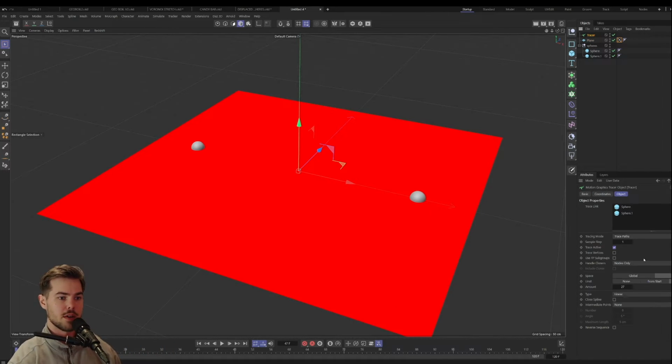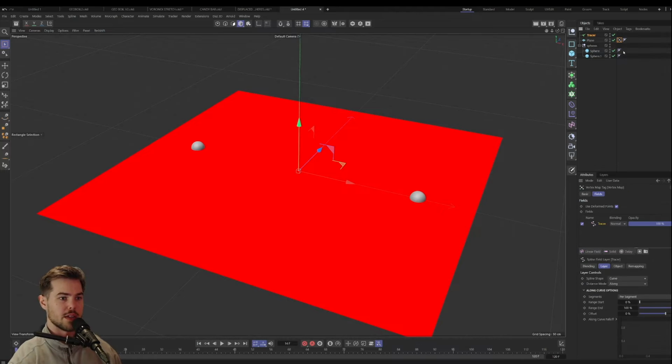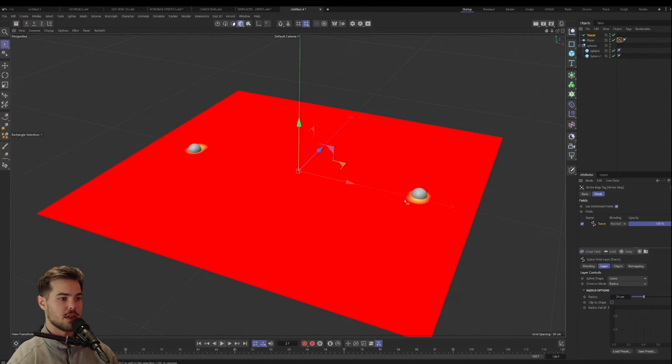I'm not sure why this isn't working in just along mode, but I can show you radius. You can see it's just around the spline inside to out. It's not going from 0 to 1 from the start to the finish, which we need because we want our effect to be trailing. So let's set that to along in radius. Set it to 25, and then